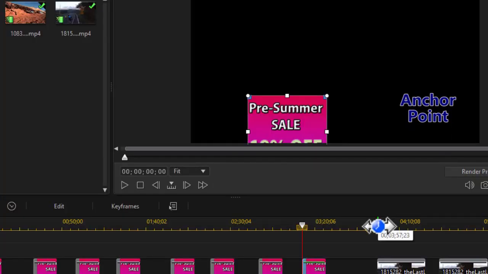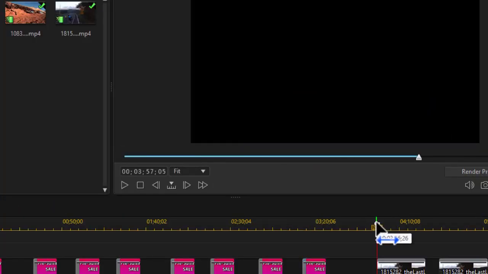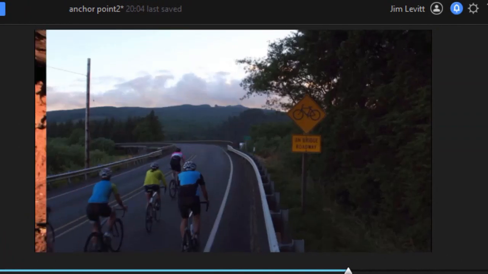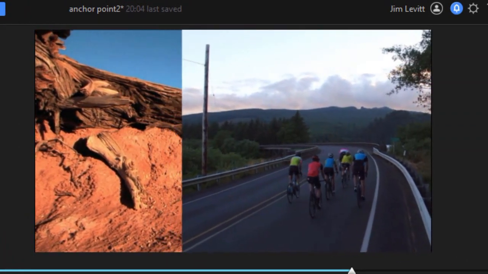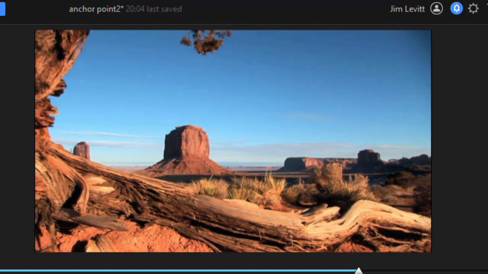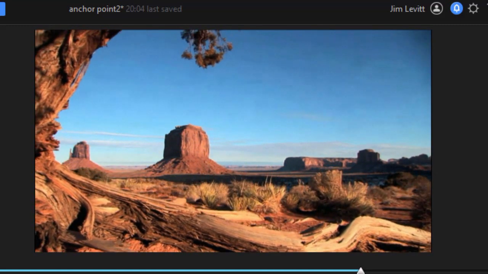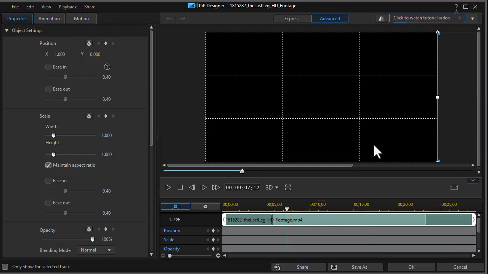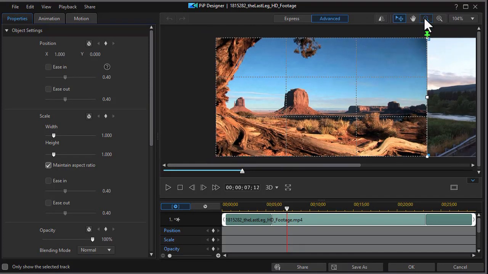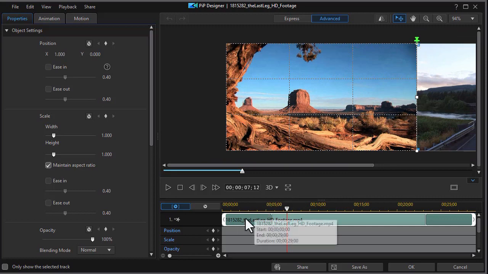Now you can use anchor points not only on objects like this one, you can use it when you're working with multiple videos. Let's see what this one looks like. Here I'm doing what looks like a slide transition, but I didn't use any slide transition at all. When I click on the object, we're going to see that I used an anchor point. I'm going to minimize it. We move to the beginning,